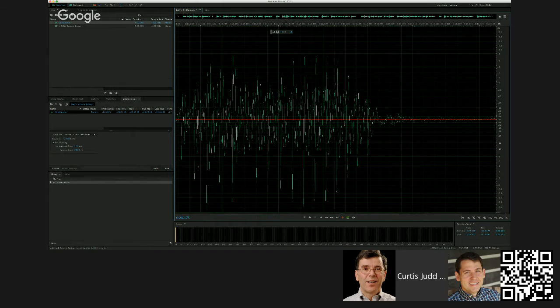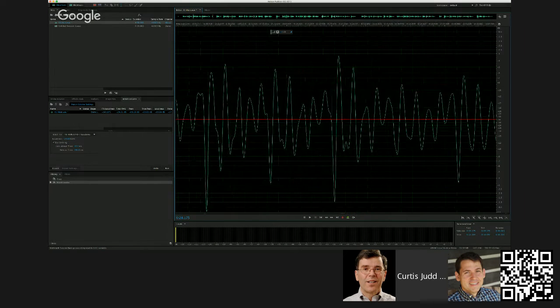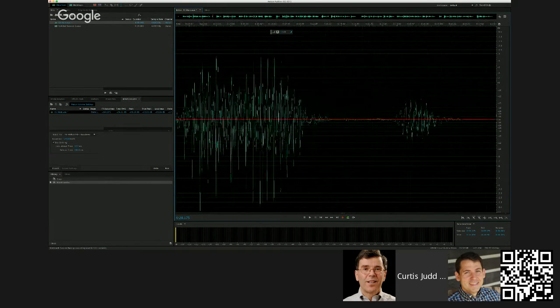If I push it hard enough, if I were to increase the volume here even more, or amplify it even more, and I apply a limiter again, this is going to get crushed more and more, and it's eventually going to sound distorted anyway, even if we're technically not letting it clip. But